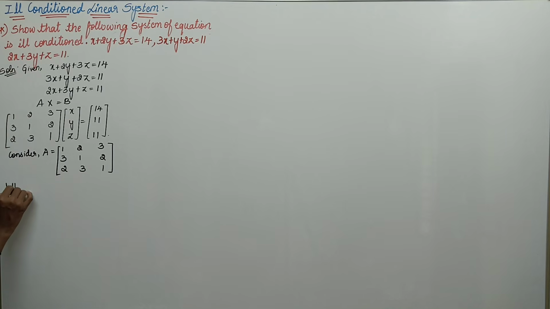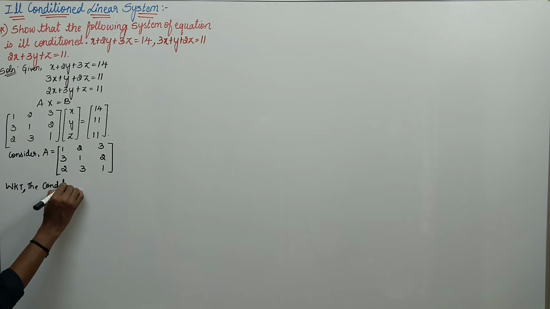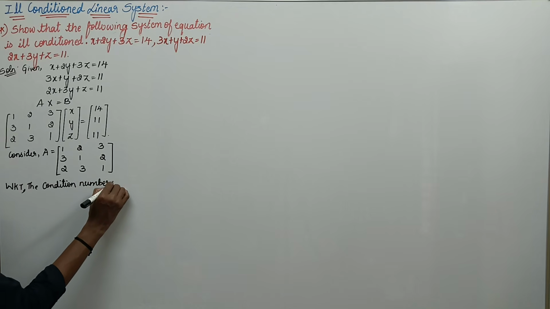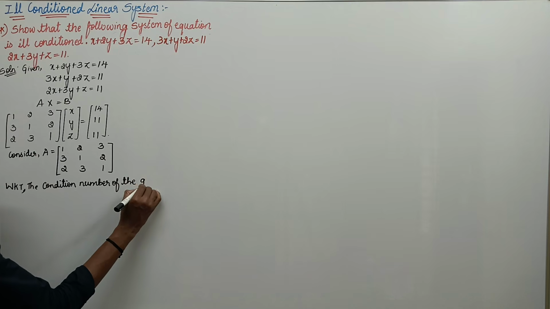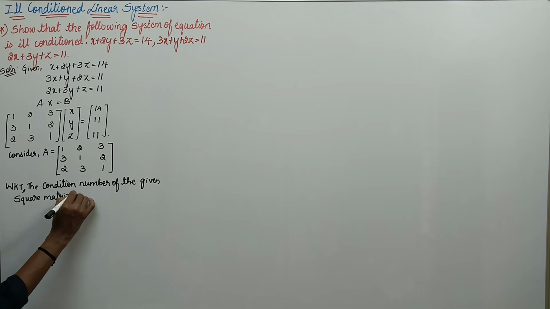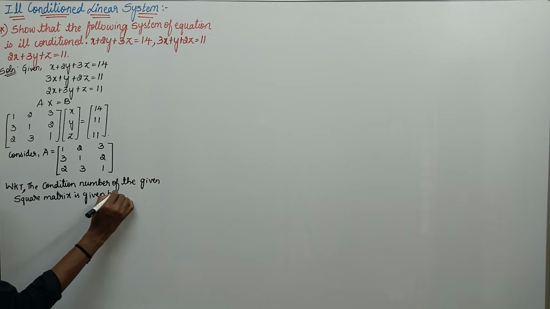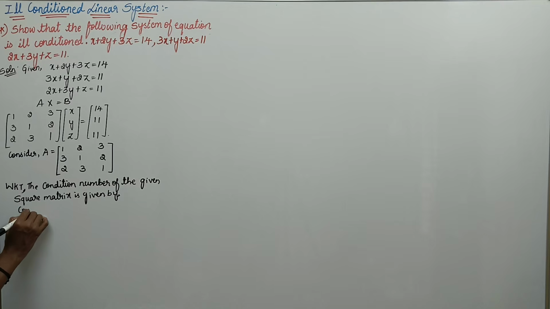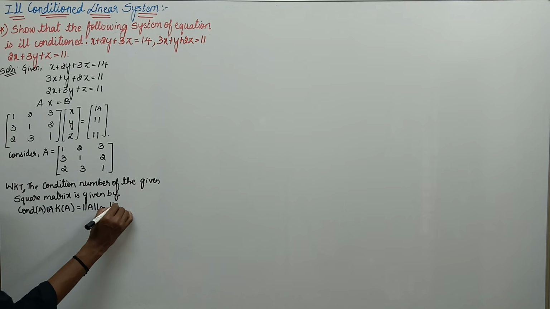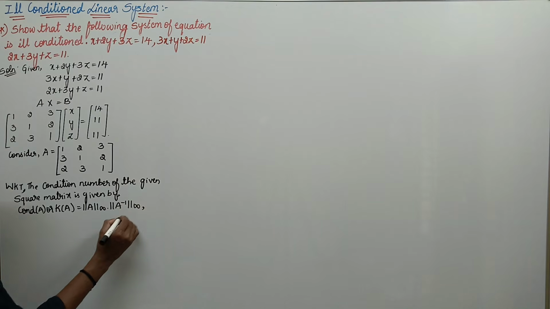Now, we know that the condition number of the given square matrix is given by condition of A or K of A, which is equal to norm A infinity into norm A inverse infinity, where